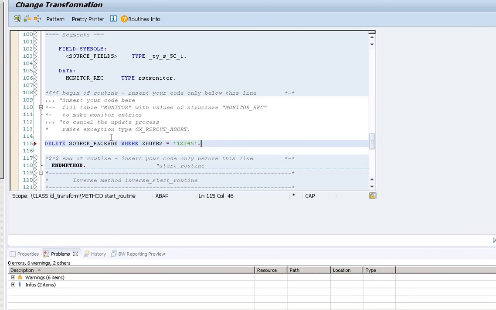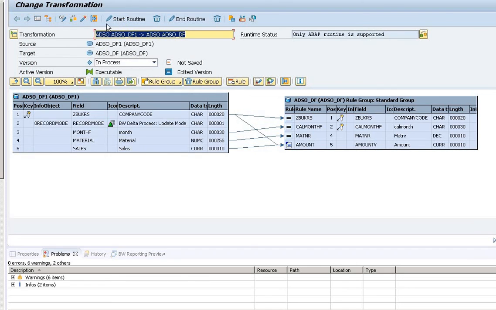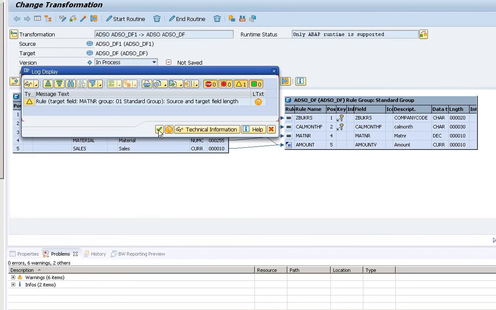So wherever this entry equals this value, it will delete those rows and it will proceed the remaining rows into the further transformation. So we can check it now here whether it's correct or not. We can see it is correct. So we can now come out of it. We can save and come out, and there's an option to activate. So you can activate this.